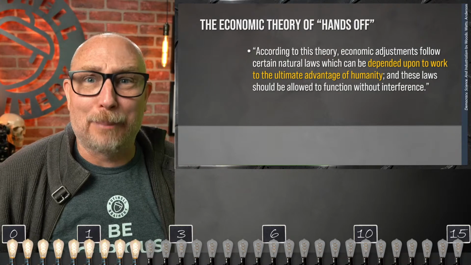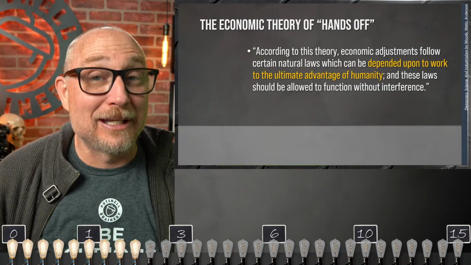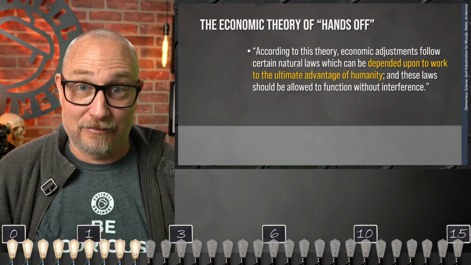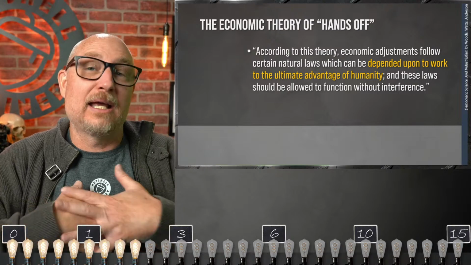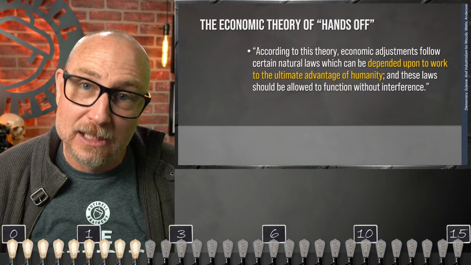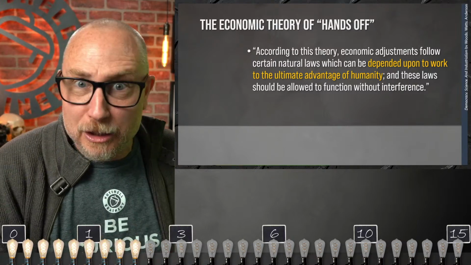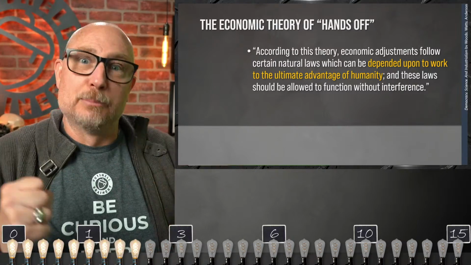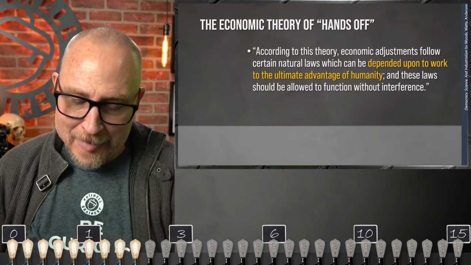What kind of hyperbole is that? Check out that rhetoric. I mean, that's strong stuff. So obviously the authors here are speaking as strong proponents of laissez-faire because they're natural laws that can be depended upon to work to the ultimate advantage of humanity. All right? Well,